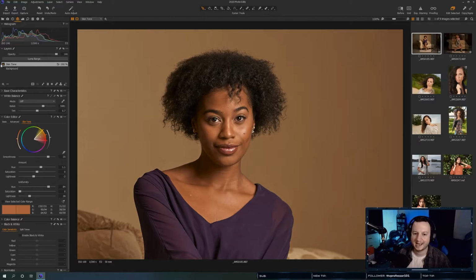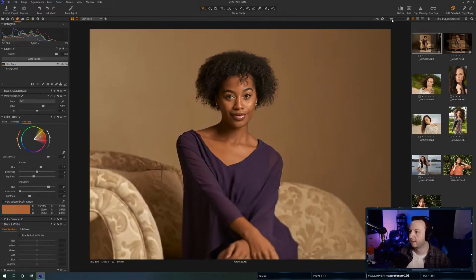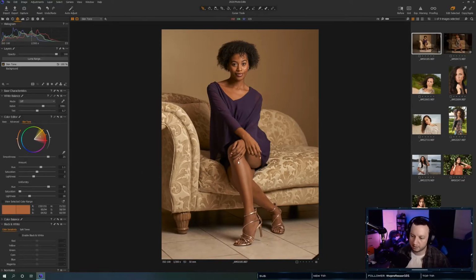Okay, yeah. You can definitely see it with the before and after. So it just gives us a nice cleaner palette to work with. And it now makes sure the color of her legs match the color of her arms, which is the color of her chest, neck, and face. And this helps out a lot because now it looks like one congruent image. It doesn't look like there's lighting issues or anything like that.